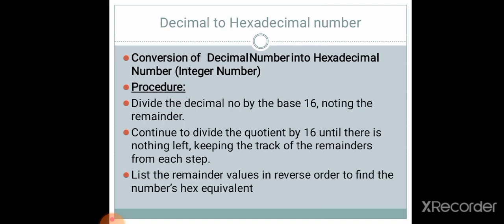Now we'll see decimal to hexadecimal numbers. The conversion of decimal to hexadecimal number. Again the procedure is the same. We are going to convert the decimal number into a hexadecimal number. So we will take the base of the hexadecimal number system, that is 16, for division and multiplication. If only a decimal number is given, that means the integer part is given, you have to divide the number with 16, and if a fractional number is given, you have to take 16 for multiplication, right? So we will do the same procedure.